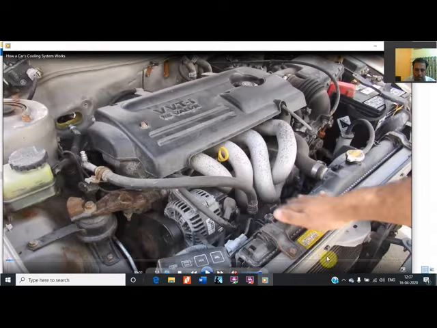One is the evaporator of the air conditioner, that is placed before the radiator, and the second one is the radiator. The confusion is that when for the first time we open the car bonnet or hood of the vehicle, we used to see two radiators, but there are not two radiators. One is the air conditioner evaporator, which is being shown to you, and at the back side is the radiator. Radiator is of bigger length,